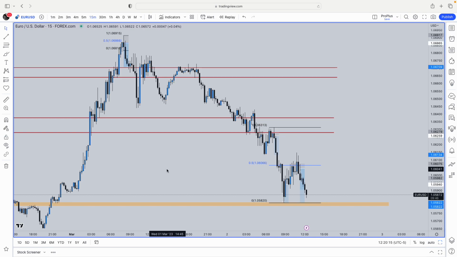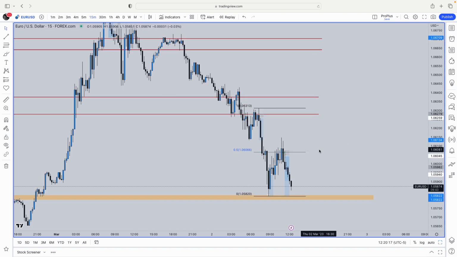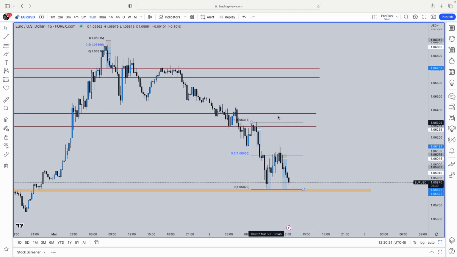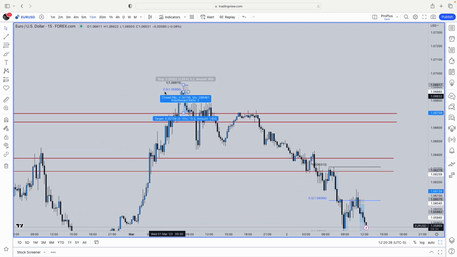So today is the 2nd of March, Thursday. It's about 5 p.m. London close. Today was a really good day. Came with 3 trades. So yesterday,